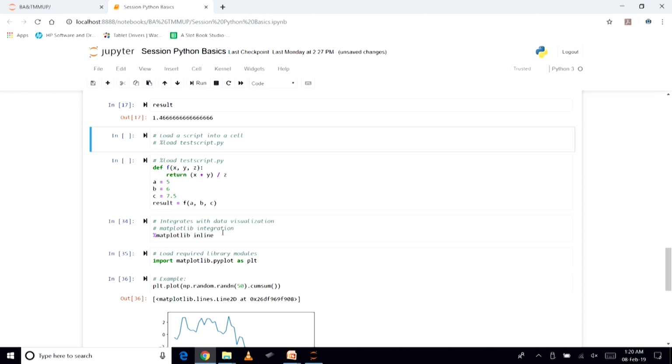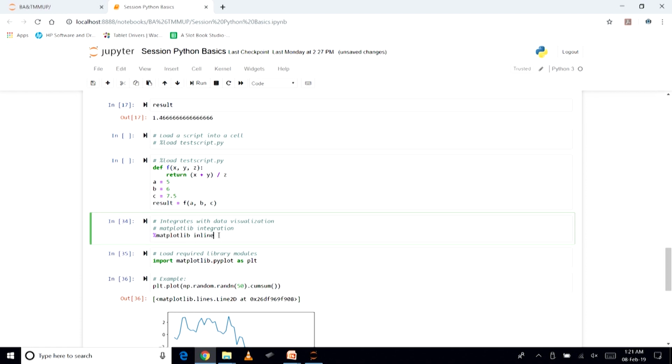Now the next thing that we would like to discuss is the integration of data visualization tools in Python and in the Jupyter Notebook platform. We talked about a particular library module, that is matplotlib. How that can be integrated, and how the different functions and methods available in that library module can be accessed here: we need to use the magic command percentage matplotlib inline. This is slightly different from what you might have to execute in the IPython shell, but this will work for Jupyter Notebook.